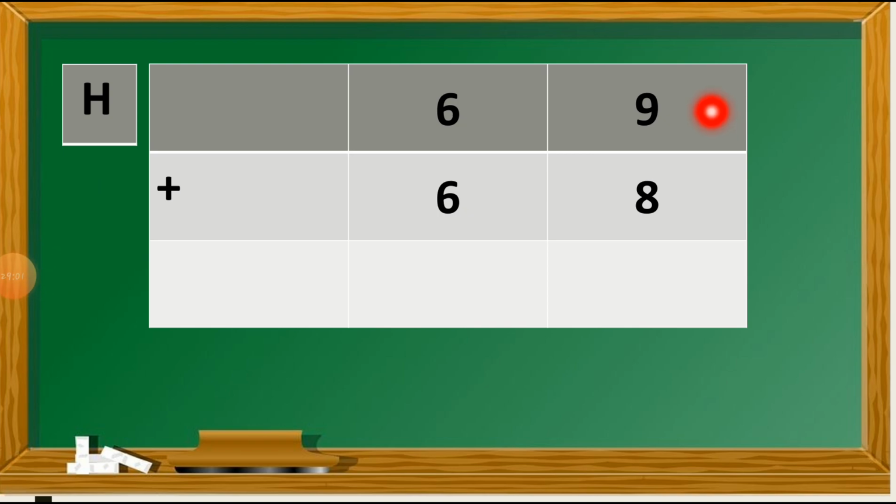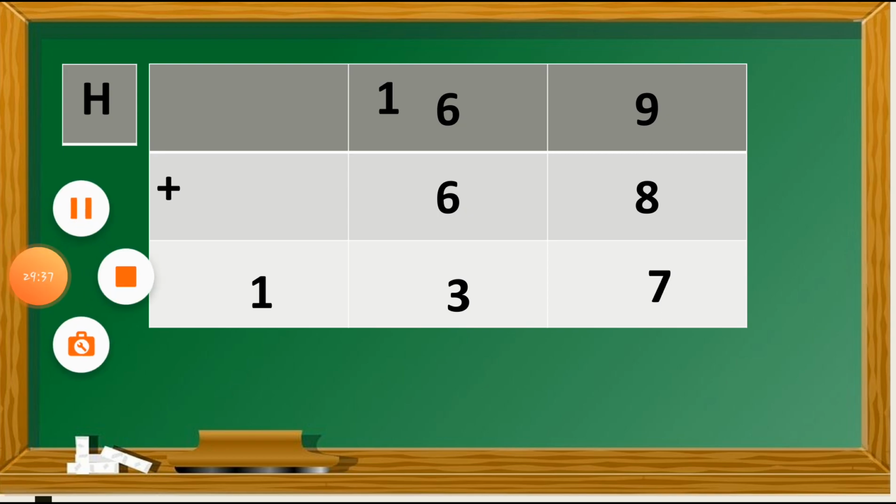Here is the ones column, which is 9 plus 8 is equal to 17, and write down number 7 at the ones column, and the another one will move as a carry forwarded number at the tens column. Then at the tens column together, which is 1 plus 6 plus 6 is equal to 13. Now write down number 3 under the tens column, and the another one will move as a carry forwarded number at the hundreds column. This way you can write down these answers.